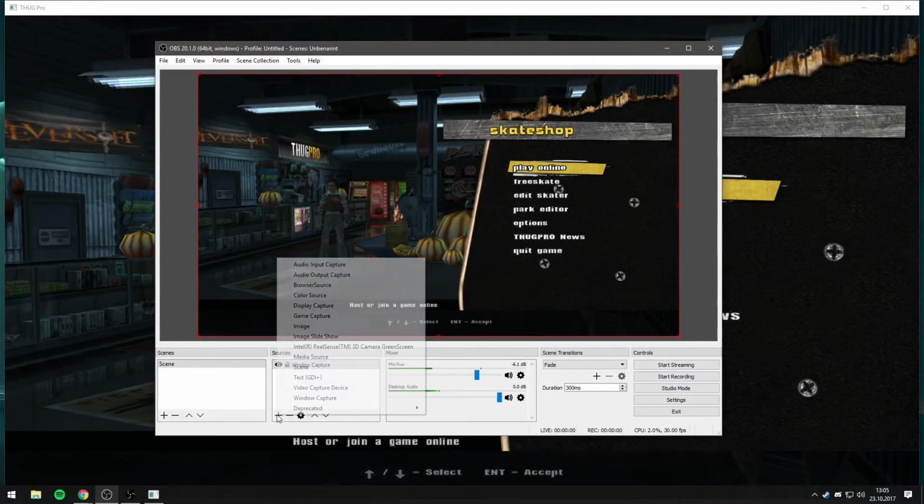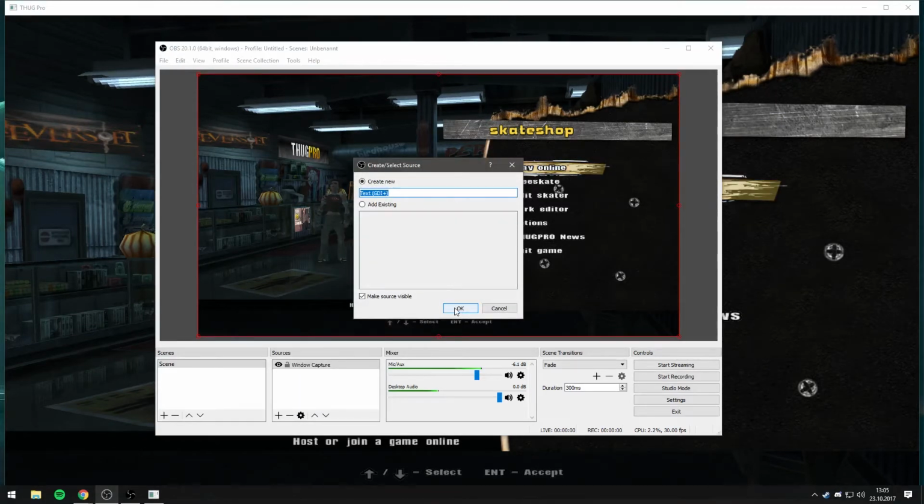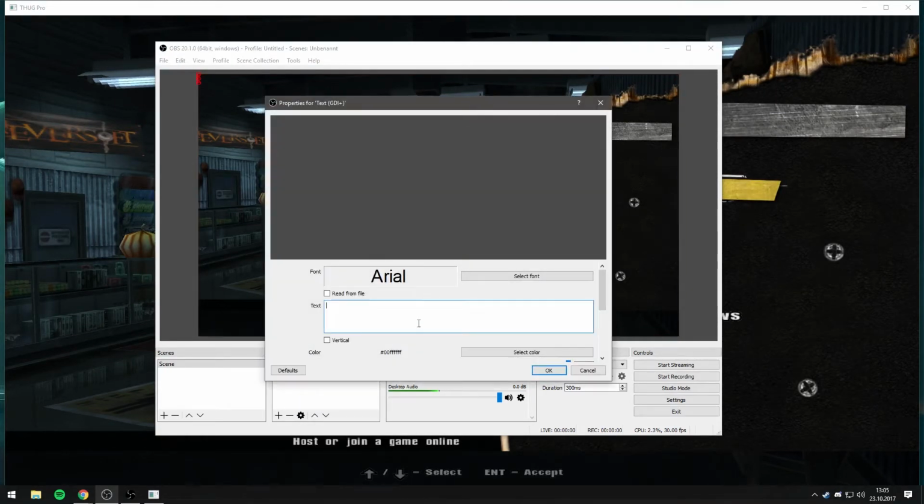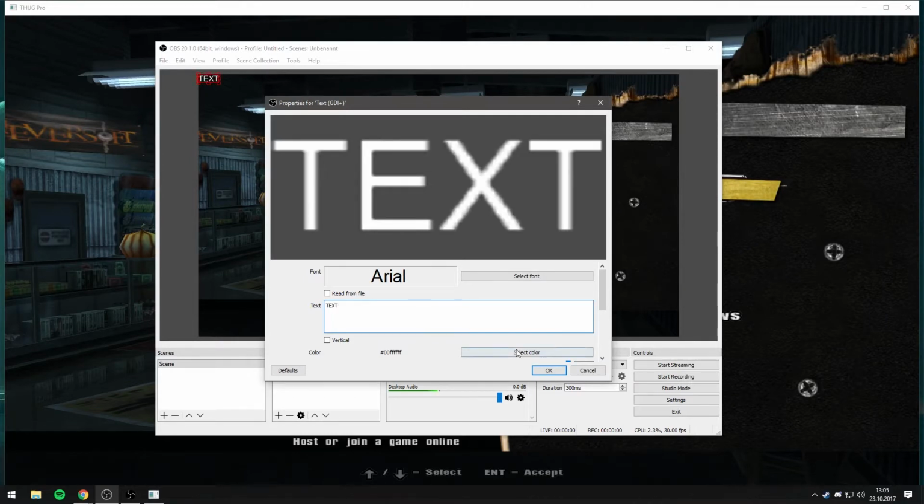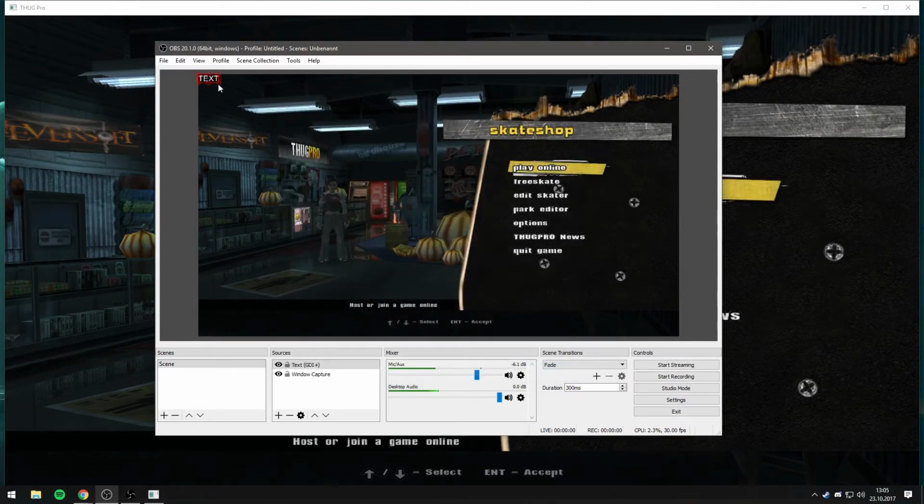If you click on this plus sign down here, you can add images, layout, text, whatever. That's to your own preference. Make your stream look pretty. But then if you're ready to start streaming, you click start streaming and you'll automatically stream to your channel. And in the bottom you'll see